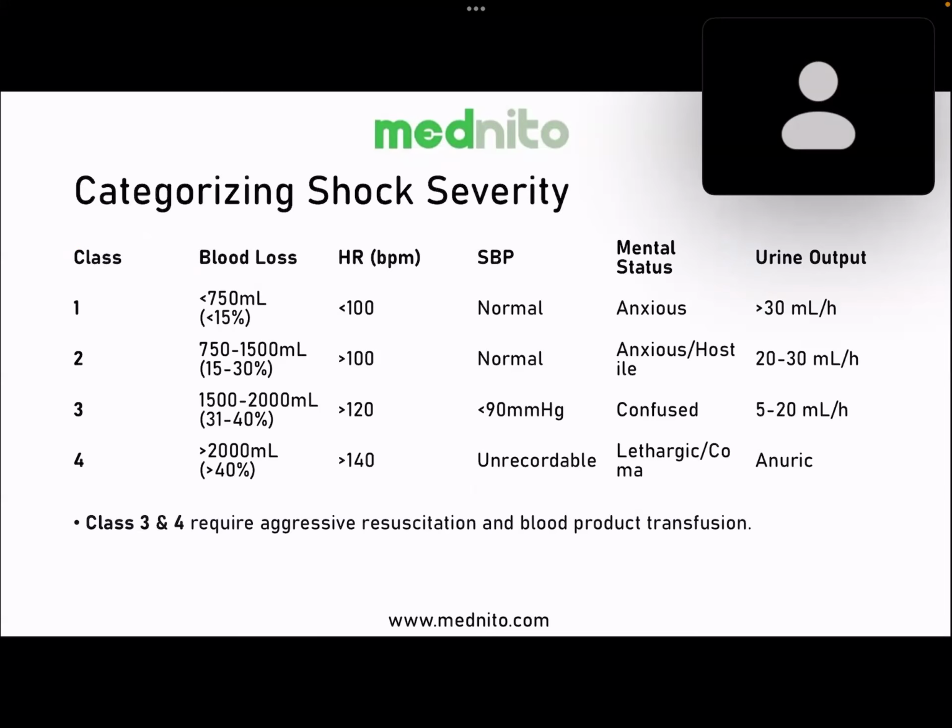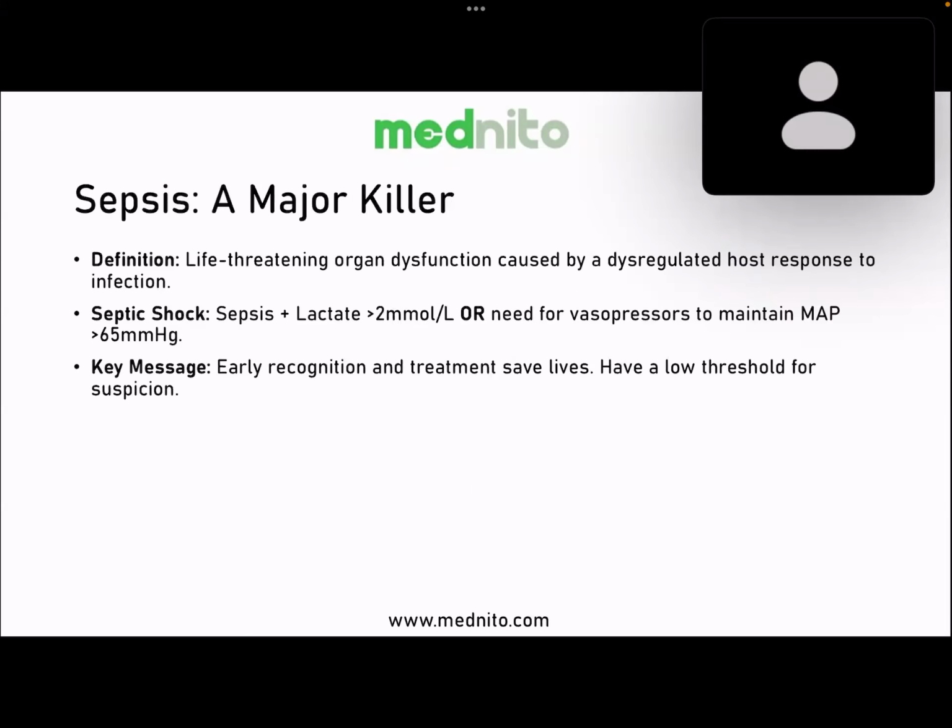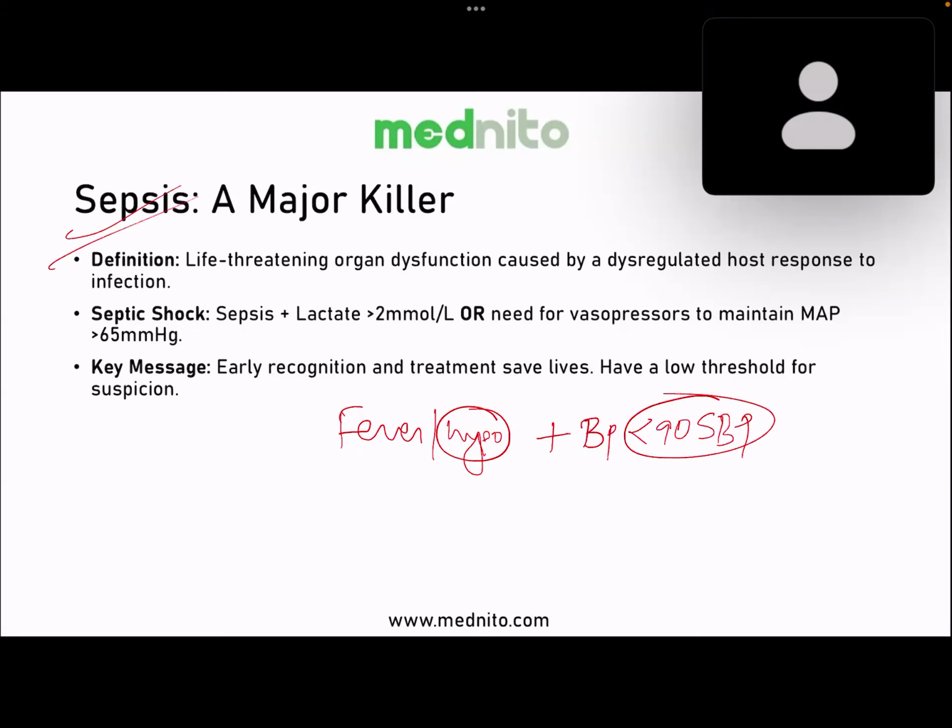All right. Next, we talk about sepsis. Please do remember that if the patient has got a fever or hypothermia, most of the students do miss this. High fever with hypothermia with the systolic blood pressure less than 90. This is sepsis until otherwise proven. That's it. If they want to ask you about pathophysiology of sepsis, it is the nitric oxide that is usually released from the blood vessels that causes vasodilation. That's the most important thing that is causing the low blood pressure.